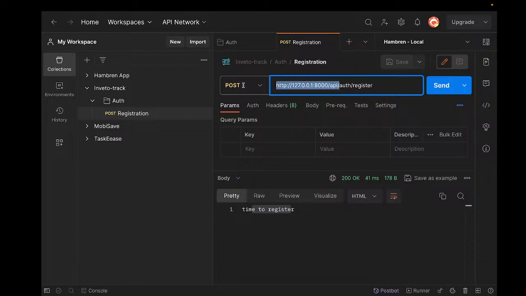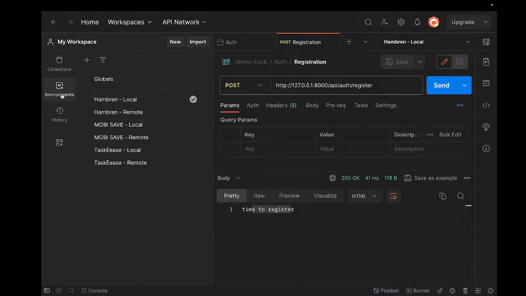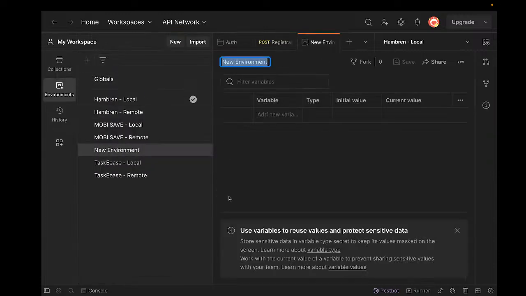So it will be smart if we put it in one place. So we're going to come here to this section of environment. After clicking on this section of environment, we're going to create a new environment for inverter track. So click on environment and then click on this plus. Give this new environment a name. You can call it inverter